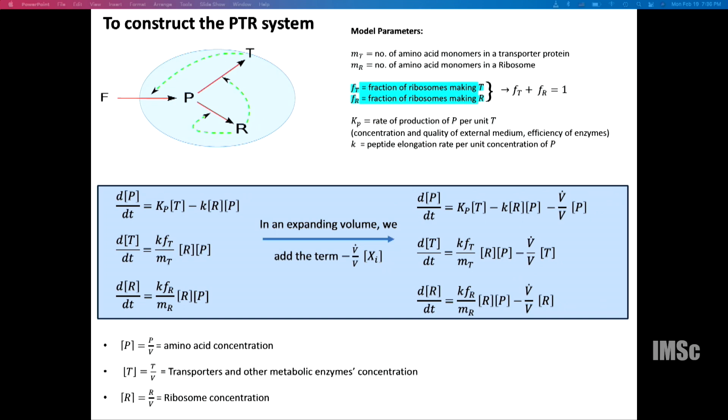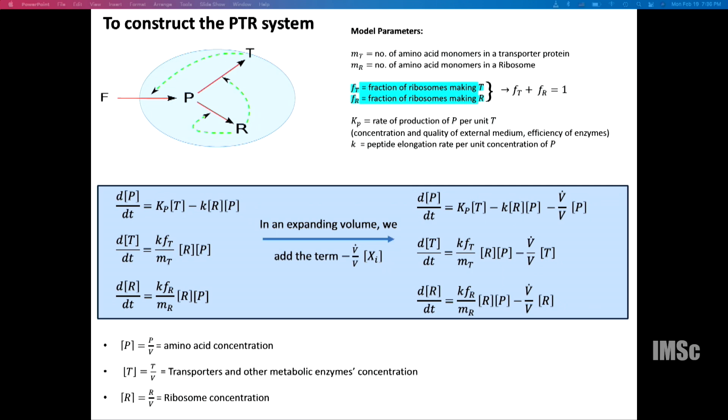Okay, and these are the equations that you get. These are the equations that you need to solve for the concentrations as a function of time. But notice that these equations are not complete, because I have not told you what V dot by V is. Unless I tell you what V dot by V is, I have not specified the dynamical system. These constants I would of course have to specify, and I presume that they've been specified. But even after specifying all that, unless I tell you what V dot by V is, I have not really